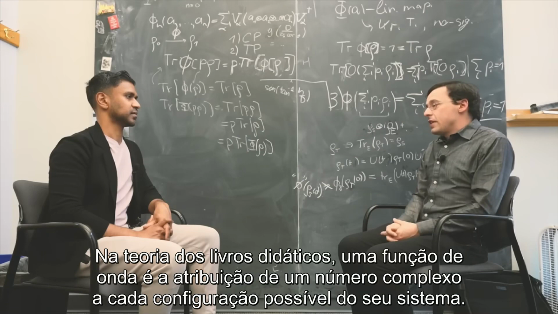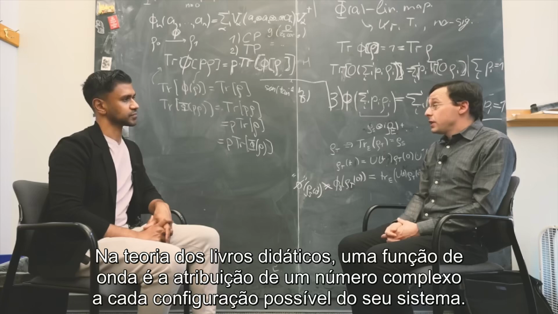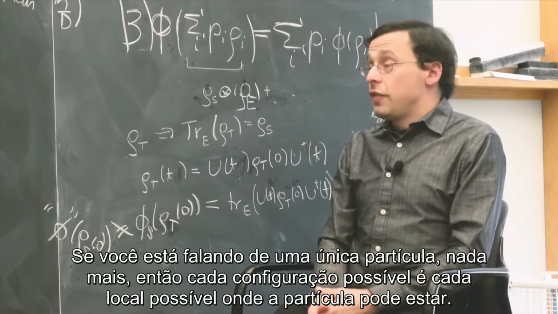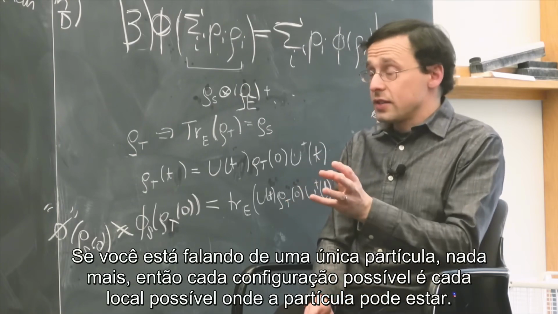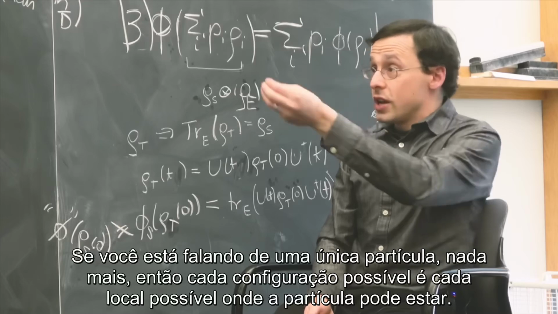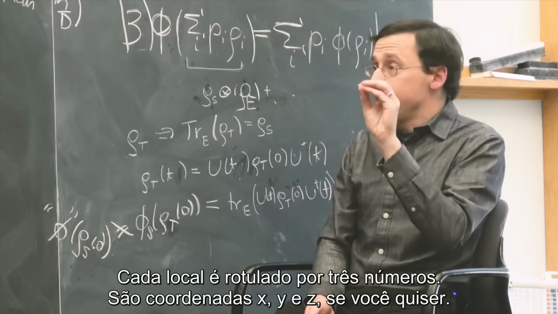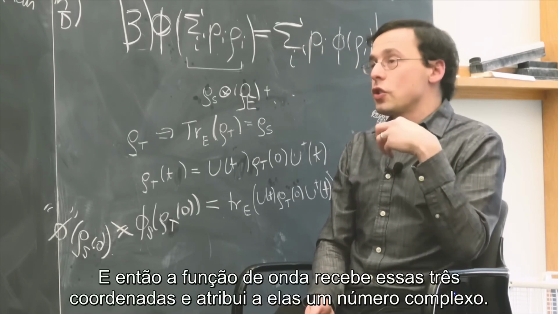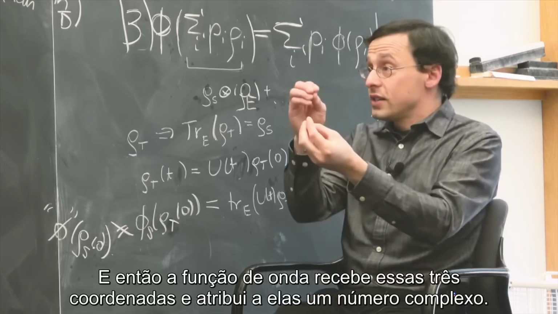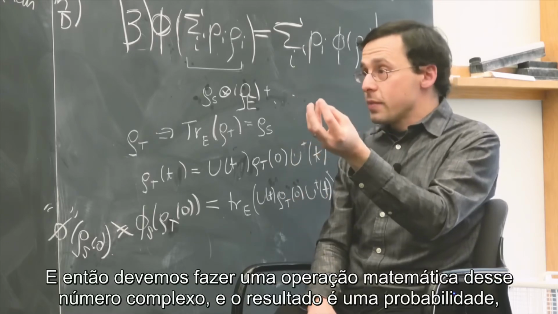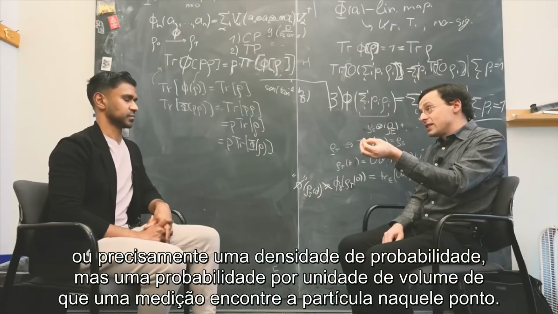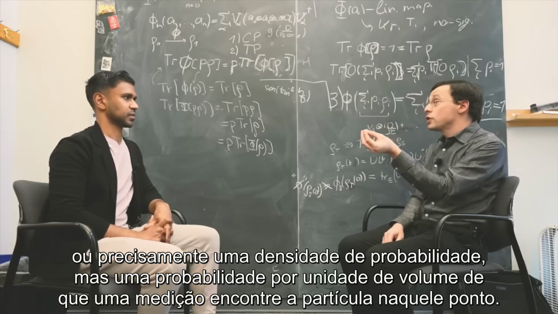mechanics. In the textbook theory, a wave function is the assignment of a complex number to every possible configuration of your system. If you're talking about a single particle, nothing else, then every possible configuration is every possible location the particle can be in. Each location is labeled by 3 numbers: x, y, and z coordinates if you want. And so the wave function takes in those 3 coordinates and assigns it a complex number. And then we're supposed to do a mathematical operation with that complex number, and out comes a probability. More precisely, a probability density, a probability per unit volume that a measurement will find the particle at that